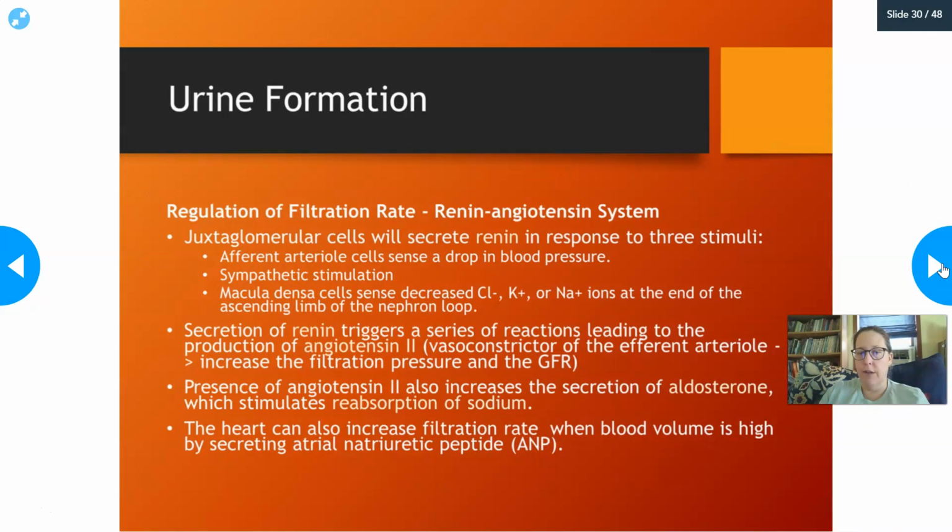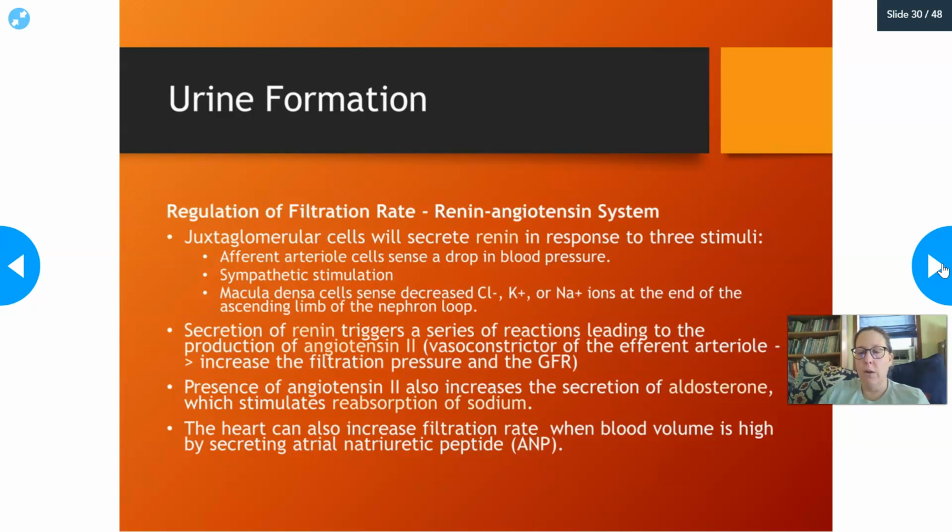So let's talk about the renin-angiotensin system. Now is when we're going to talk about those juxtaglomerular cells and that juxtaglomerular apparatus. The juxtaglomerular cells can secrete renin in response to 3 stimuli. Either the afferent arteriole cells will sense a drop in blood pressure. The afferent arteriole is the blood coming in, so the blood supply coming into the kidneys is limited for some reason. So there's a drop in pressure in the supply to the kidneys, and those juxtaglomerular cells will produce